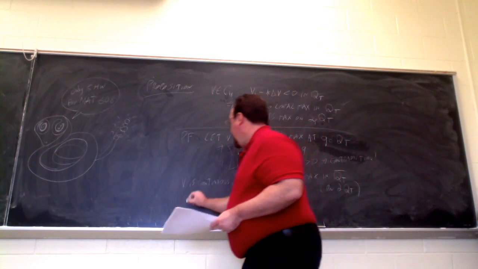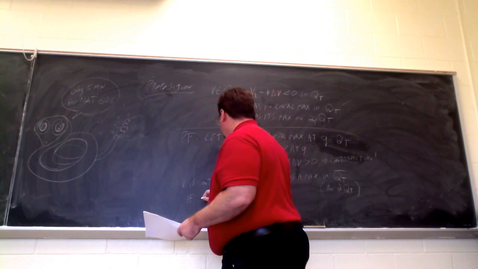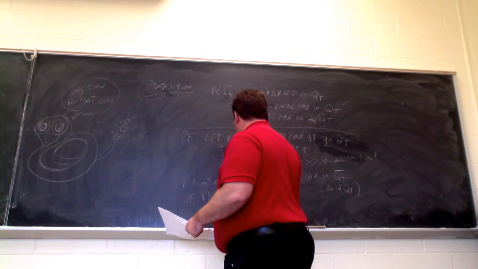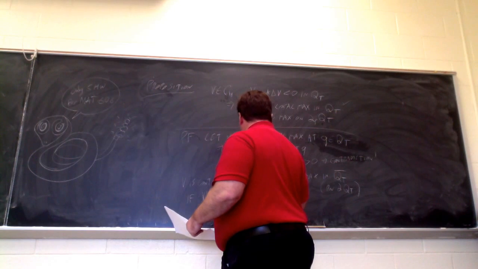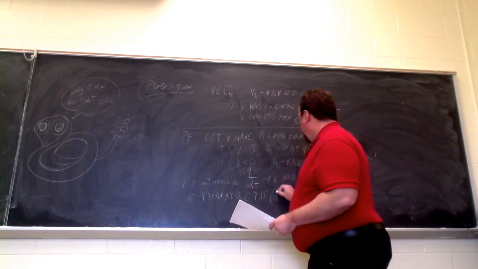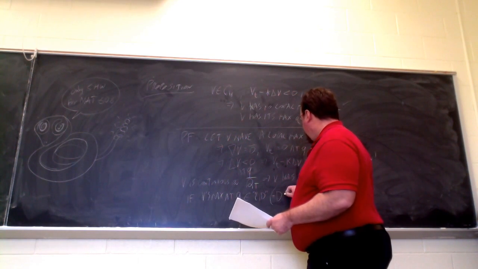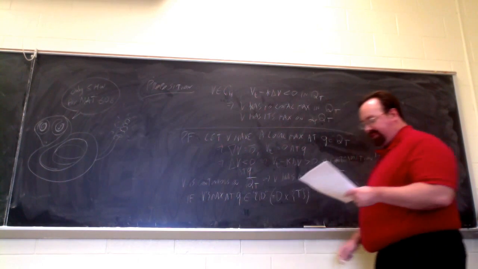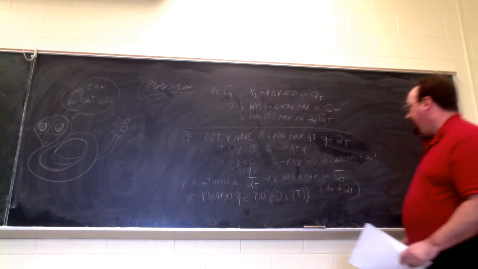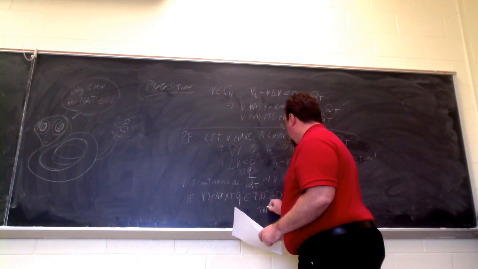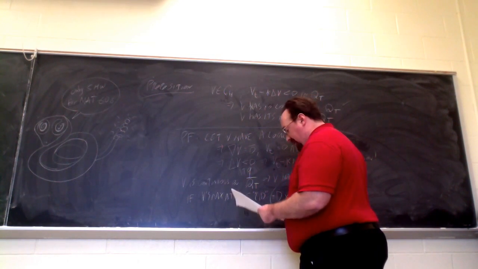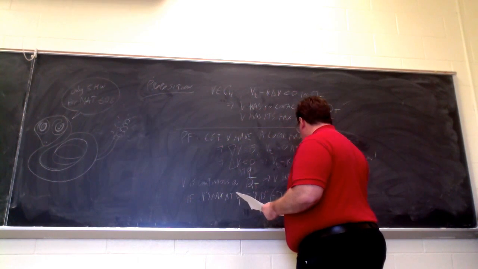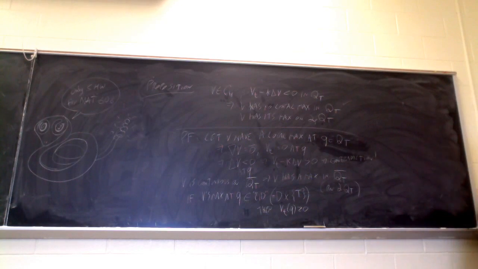So if V's maximum at the point Q is in the lid, which is the domain D, Cartesian product with t equal to capital T, then dV/dt at this point